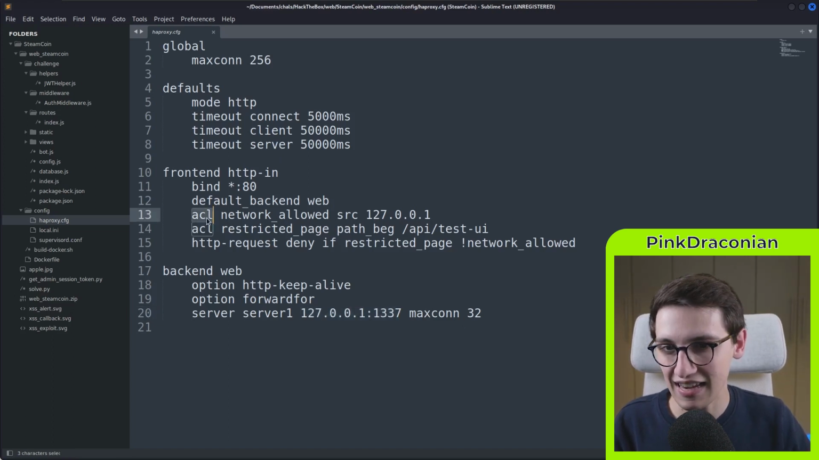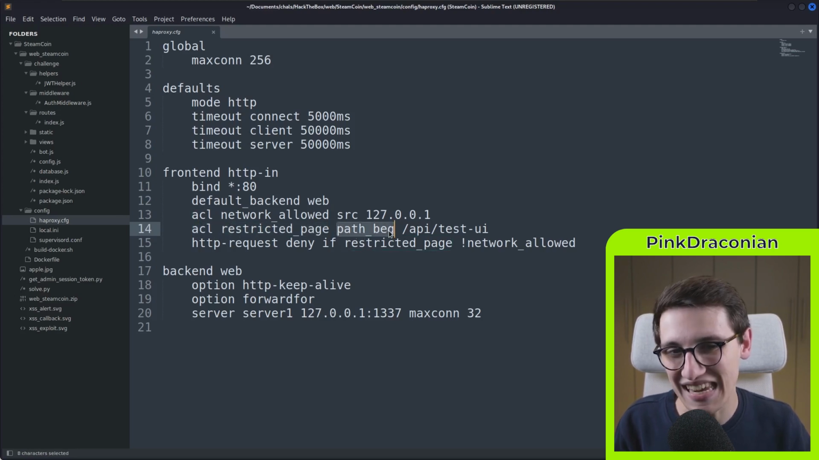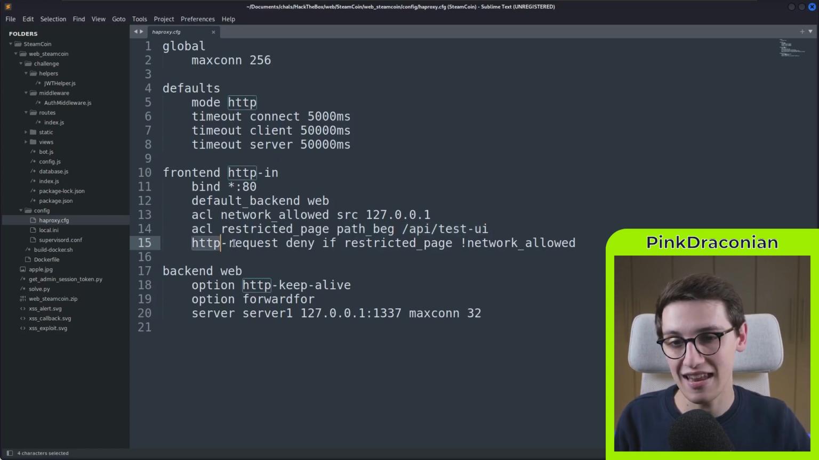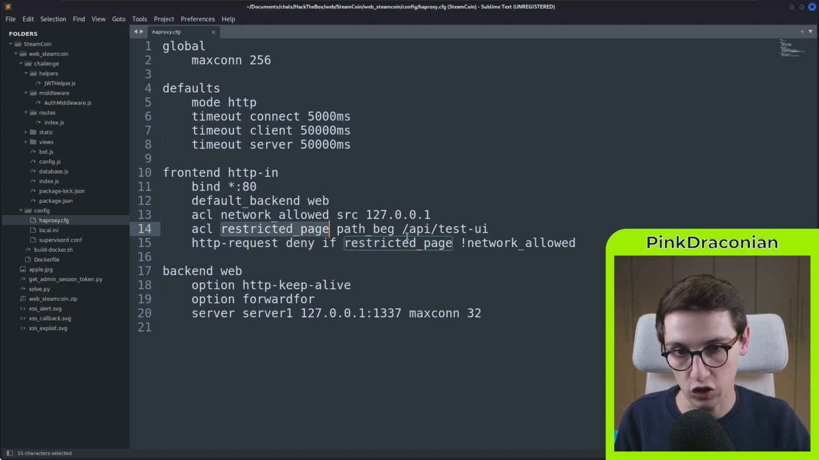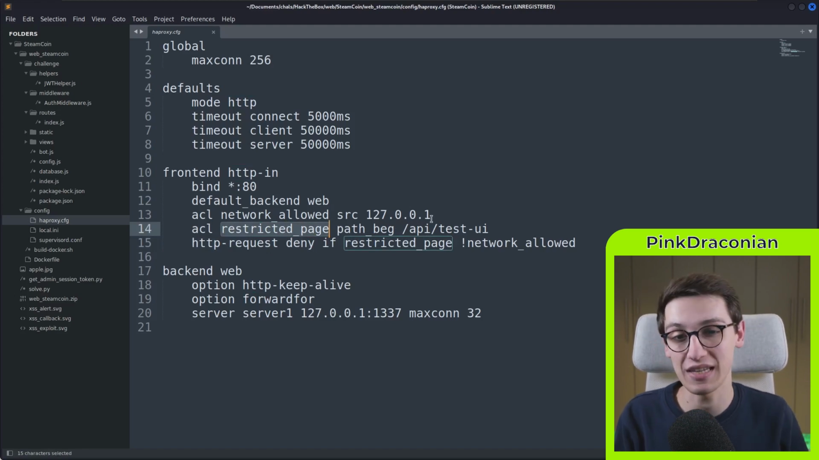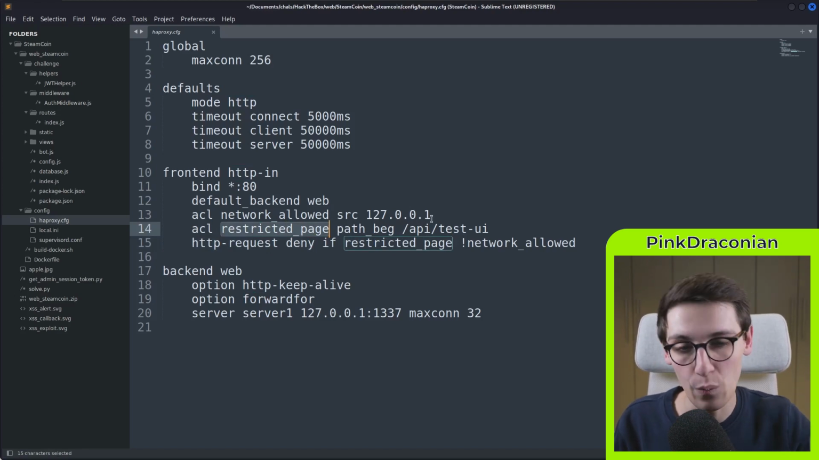Then it has these ACLs, 2 of them, and the bottom one is the most interesting one. So this is an access control. It's named restricted page, and it's triggered if the path begins with /API/testUI. Okay, what happens then? Well, it's gonna deny any HTTP request if restricted page is true. So if the path begins with testUI, it's gonna deny that HTTP request, and that is exactly what is blocking